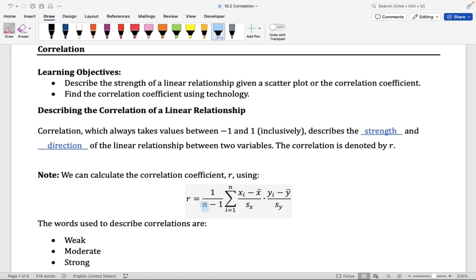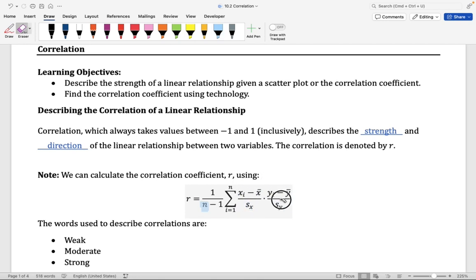Okay? And then we're multiplying by the sum from i equal to 1 to n of this expression here. So here, what would we have to do? Well, we would have to take each of our data pairs and we would take our x value minus the mean of the x values divided by the standard deviation of the x values. We would multiply this by the y value minus the mean of the y values divided by the standard deviation of the y values. Again, if we had the data values, we would be able to find the mean and standard deviation of the x values and the y values. So we'll just have to repeat this computation for each of our data pairs, and then we would take the sum of all those values.